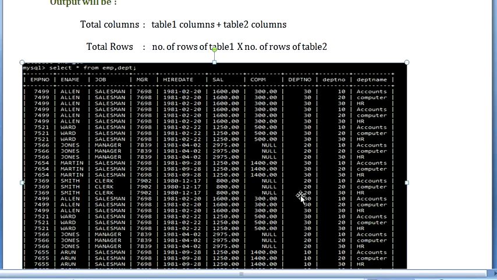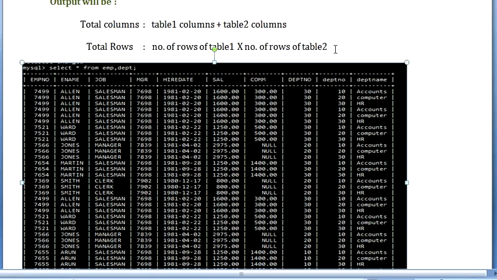Then the department number and name are the columns of the second table. Whenever you are doing the Cartesian product, all the columns will be clubbed together, even if they have repeated column names. Like here you can see department number is shown twice, one from table 1 and the other from table 2.